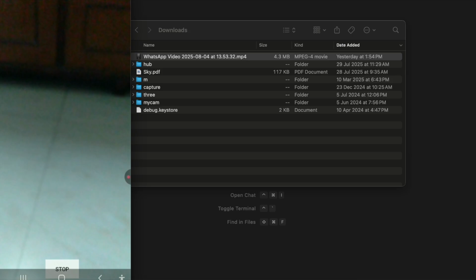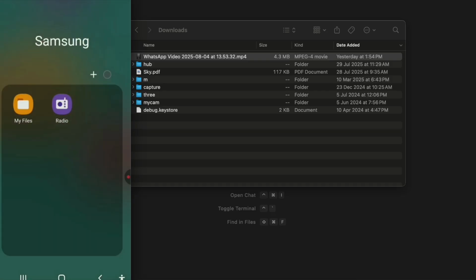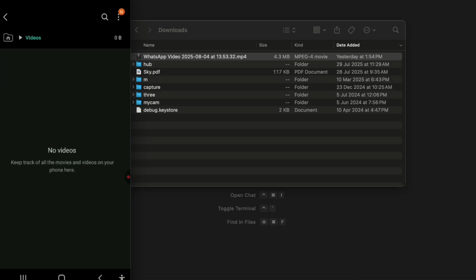But I have clicked on the start button. Once I click on the stop button as well, it will save the video. Now unfortunately the video is also not saved. Again, the problem is not with my code. Here you can see the video is not saved, but I will just stop the video recording and then the video gets saved. Again, the video saved is from our video recording and not from our app, but hopefully